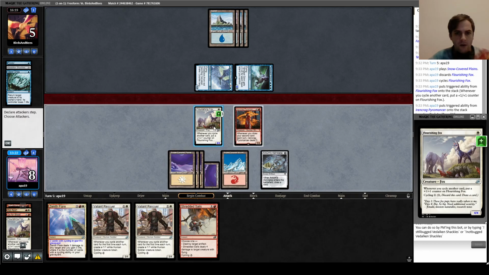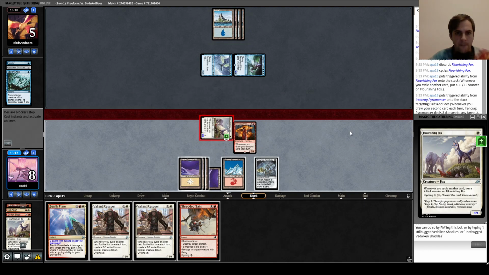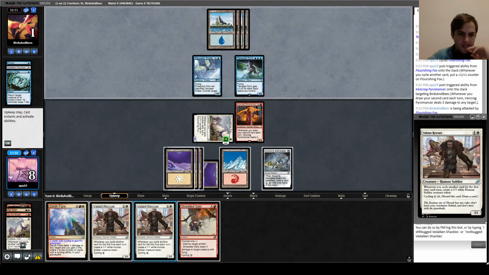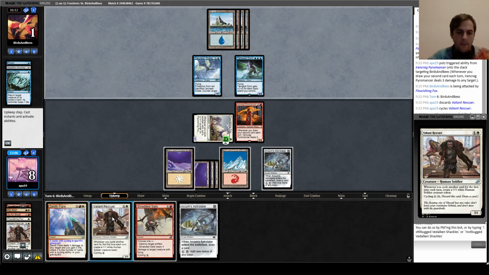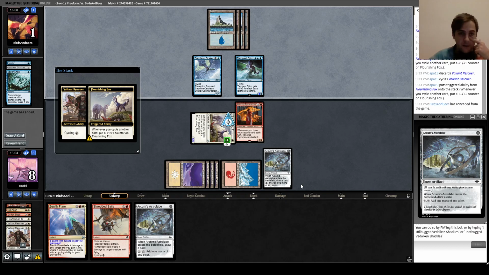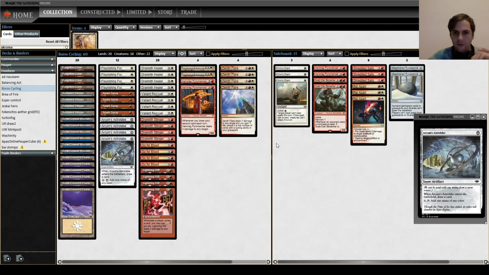I don't think I'll cycle now, because if they have something like Vapor Snag, they're probably going to use it. And I just upkeep double cycle. They can respond to this, so if they have Vapor Snag, they can use it. Okay, we won. So that was a 3-2, which is not great, but